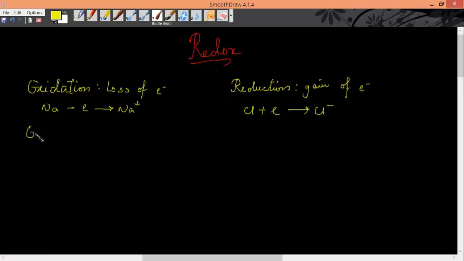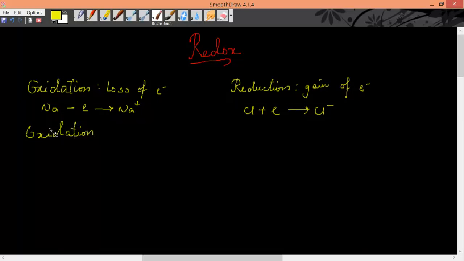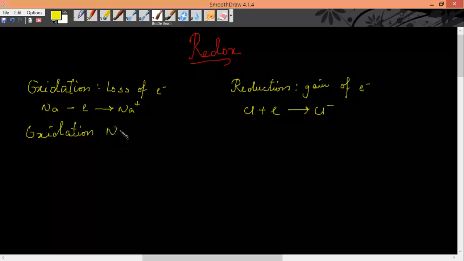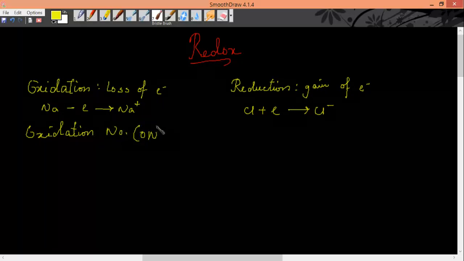Now what is oxidation number? In short we can say it as ON. It is the degree of oxidation of any atom in a compound. There are a few rules to calculate oxidation number of atoms. These rules are: first,